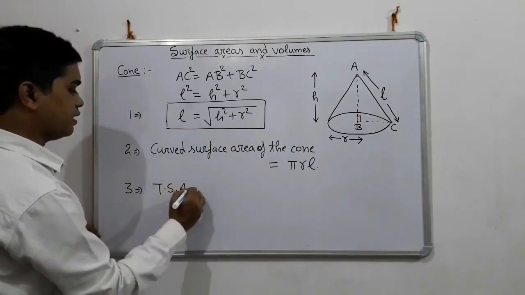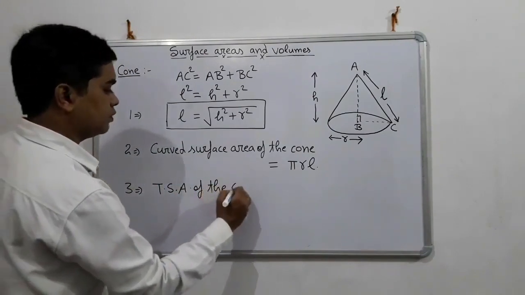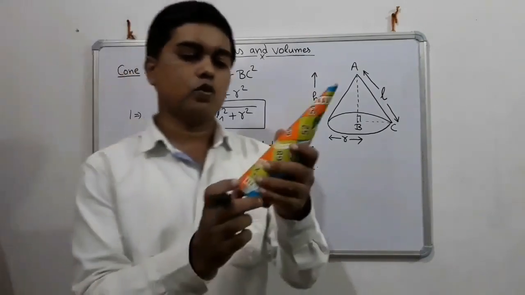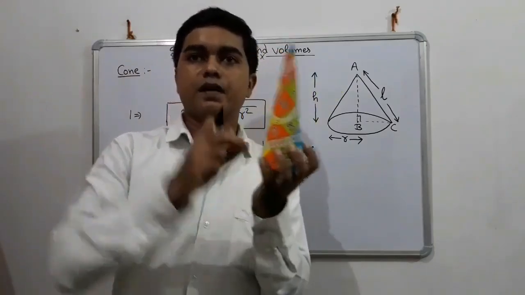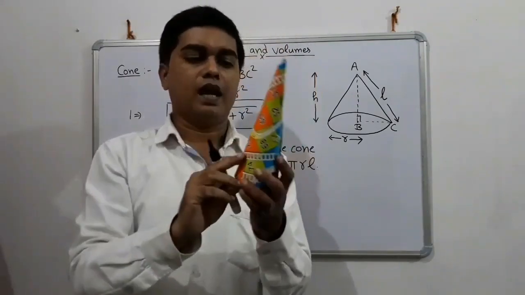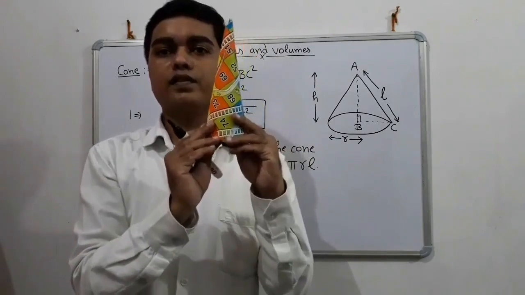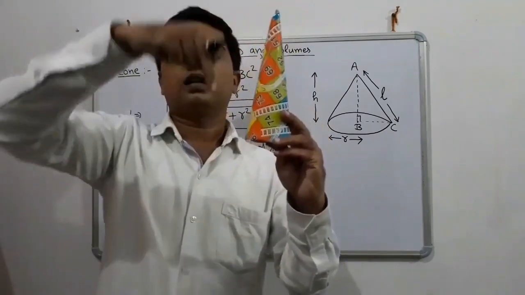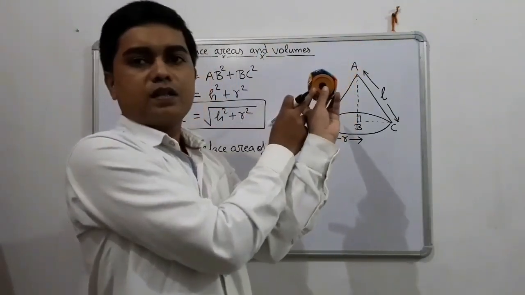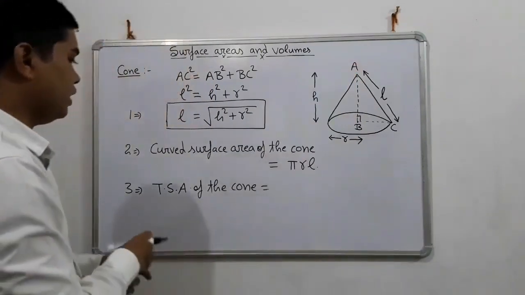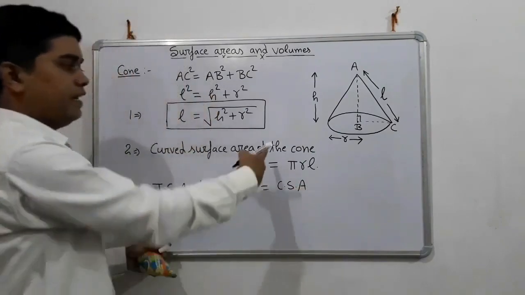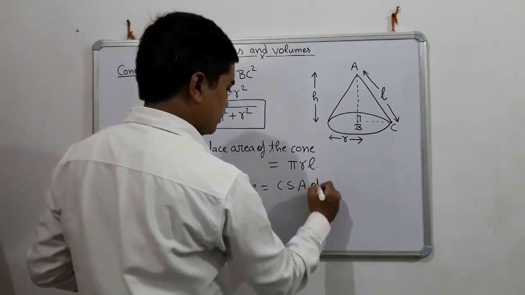Now total surface area of the cone. Curved surface area means the surface area of the outer surface, okay, and if you are going to find total surface area, then total surface area means curved surface area plus area of the base. So area of the base means area of the circle. So when you add the area of the base to the CSA of cone, then you will get